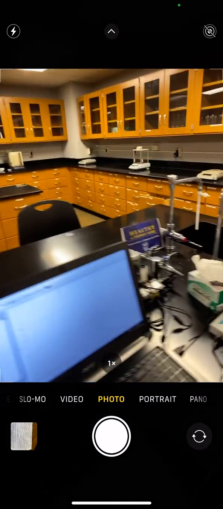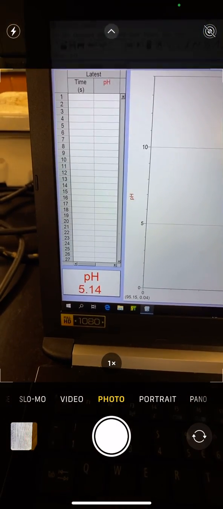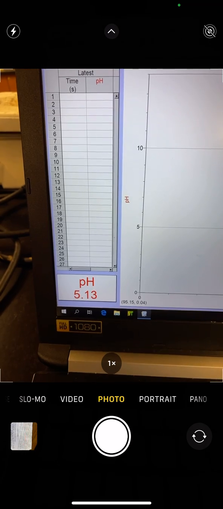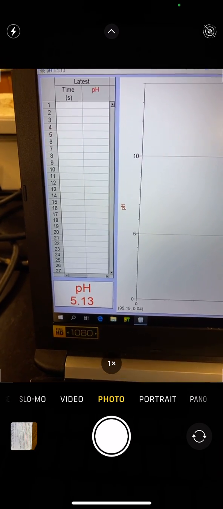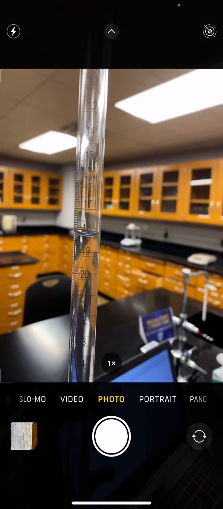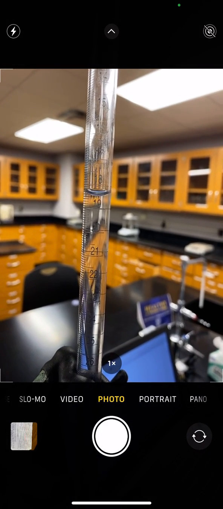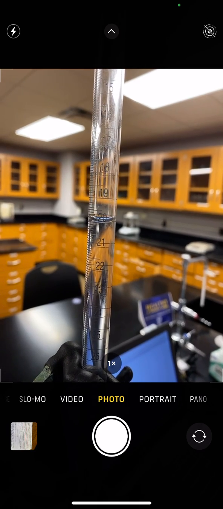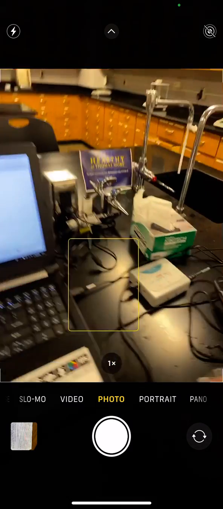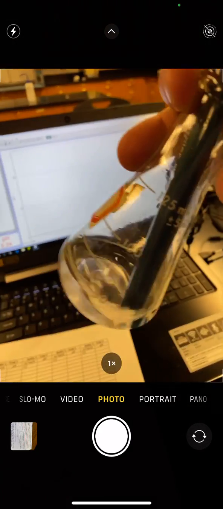Yep, 18. And our pH is, so it was 5.06, now it's 5.14. Okay, 5.13. Added 2 milliliters. So you're adding for buffer 3, 2 milliliters, 5.13. Now we're gonna add 2 more. So every time we add, you're gonna say 2 milliliters. So there's 1, there's 2. Since I'm not being that careful, you can just use 2 significant figures, 2.0 milliliters,